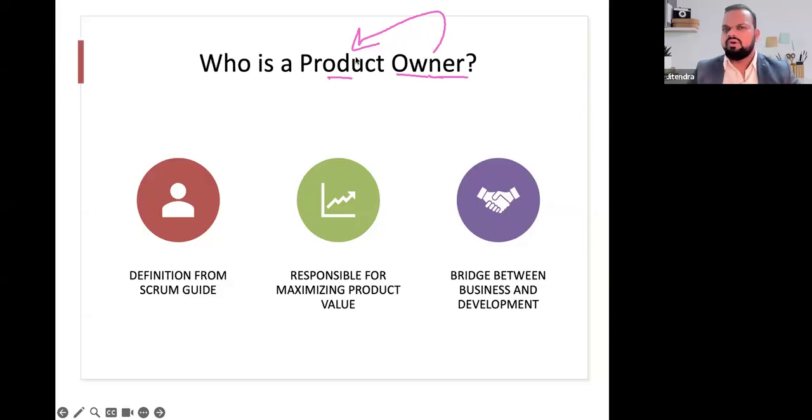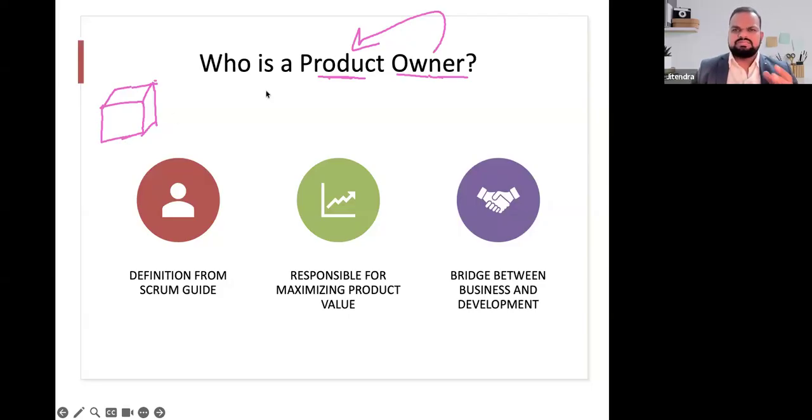Now think about what an owner does. Owner means decision maker, someone who makes decisions. And in this context it is about the product. So imagine that we want to build a product, any product, whatever you want to build, software, hardware, or so. Yes, we must have someone who can decide the features, the functionality, what exactly it should have, how it should look, and the dynamics of it.